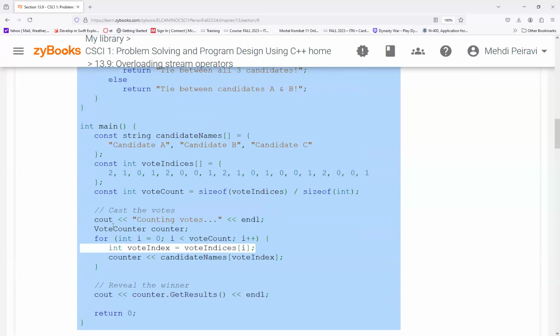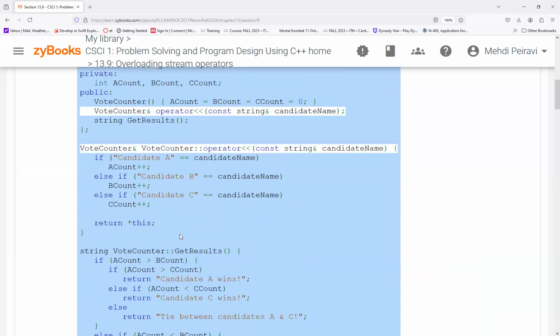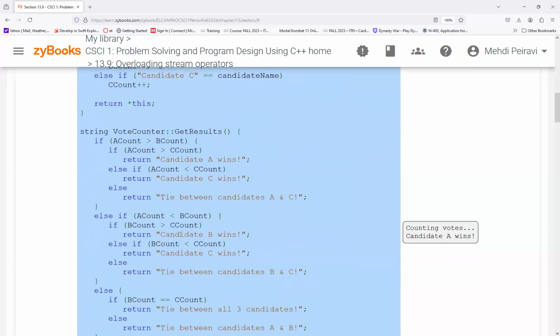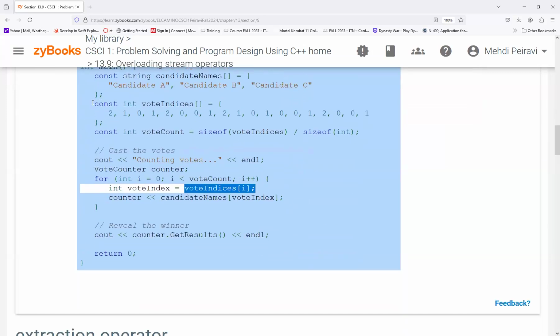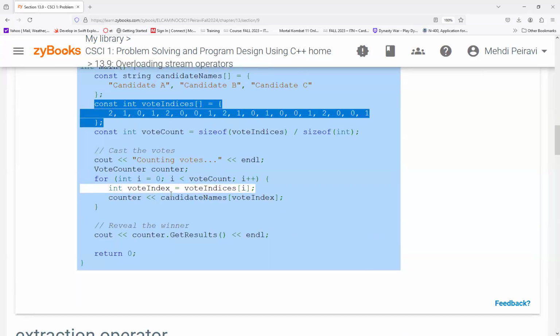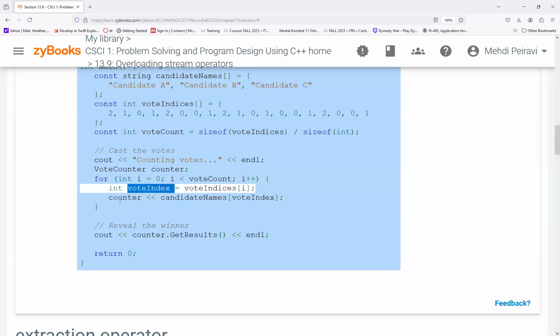When I say vote counter, I'm creating an instance of vote counter. I have a for loop here. Inside this for loop, I'm defining vote index, which is an integer, and I'm passing this vote index as i here. If you look at the vote indices here, it's an array. This will give me a number, which I store here. When I say counter and I put this operator and candidate names at vote index,